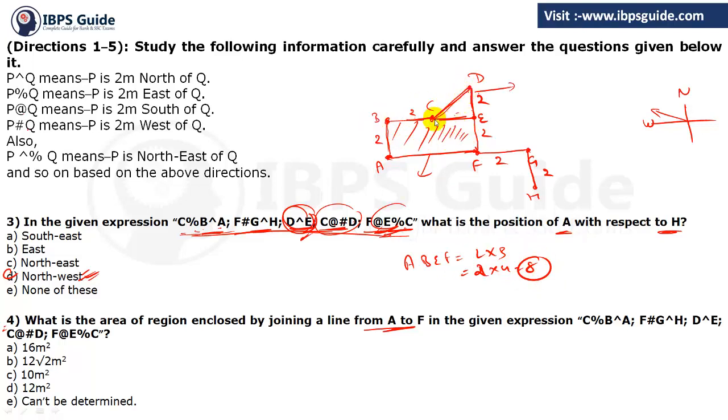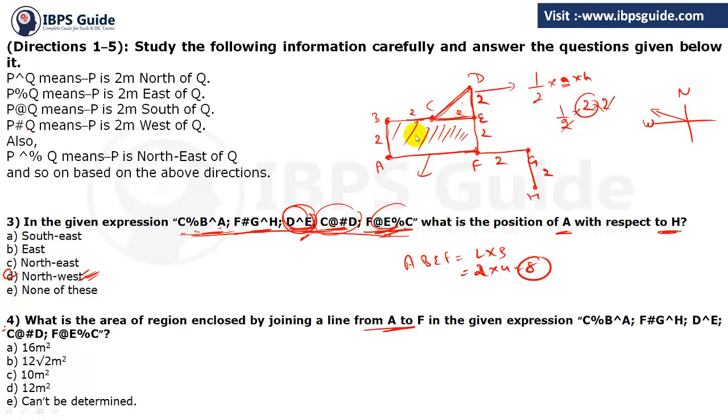Now we have to find the area enclosed by a right angle triangle. The area enclosed by a right angle triangle is half into A into H. So first of all the area will be half. A is the base. Base is this one, that is 2 meter. So it is 2 and height is also 2. So 2 by 2 cut it. Now it is becoming 2 only. So the area of this triangle will be 2.